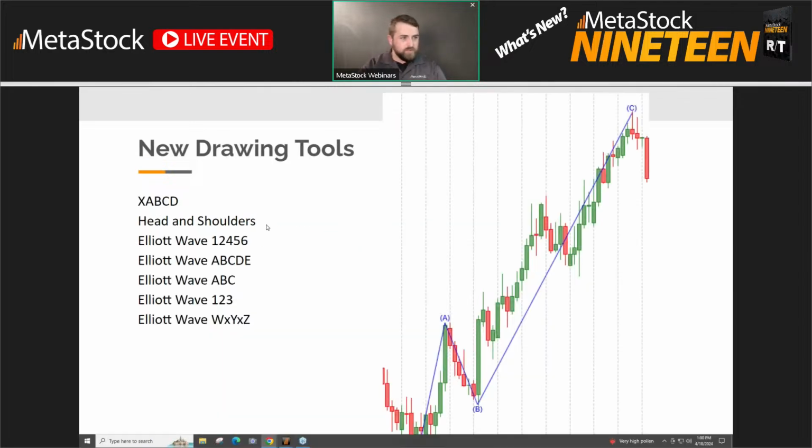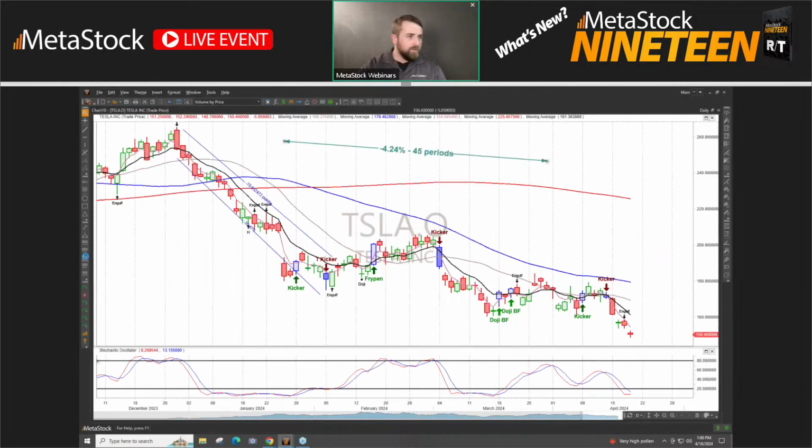Okay, I do want to show you some of this. So like head and shoulders as well, because I saw where that's at. So you can come in here and draw your own head and shoulders. I'm not going to do a specific example. I just want to kind of show you guys, hey, I can do the left shoulder and I can do the head. I know this isn't exactly how it's supposed to be, but you can come in and there's an actual head and shoulders tool.